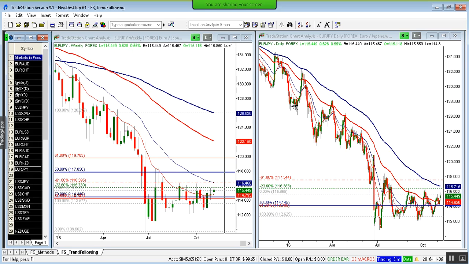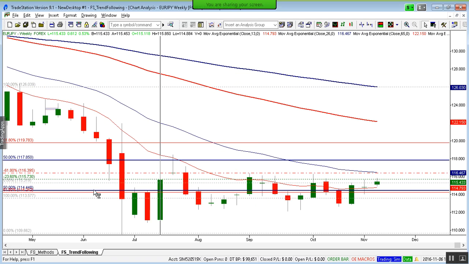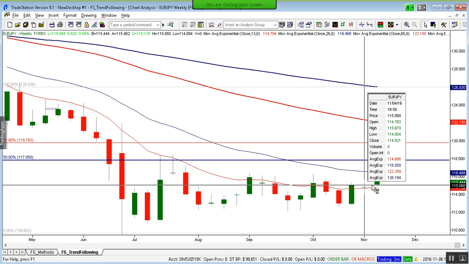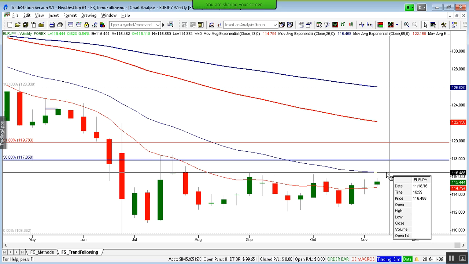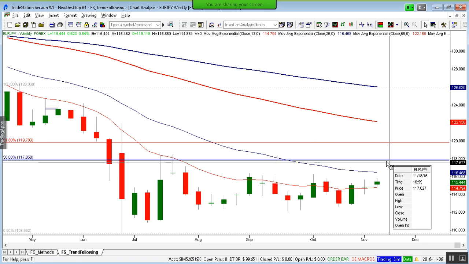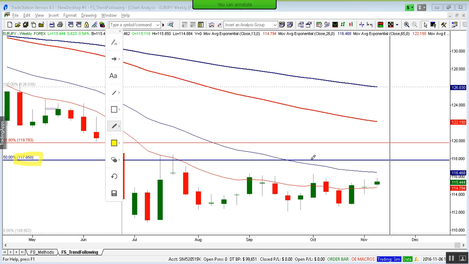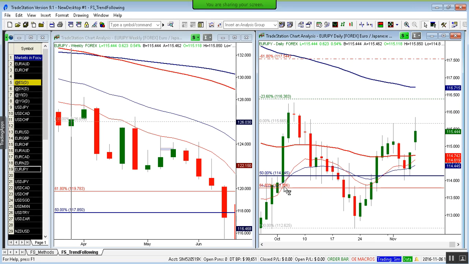Euro Japanese yen, it's actually working out an area of potential resistance here. That possibility that I mentioned during the last few weeks, that this market could be working out this area of dumb money short resistance here, is actually now materializing here, and there is a possibility for this market to reach 116.48 and then potentially also retest, and this would be a second test, and therefore a dangerous test of 117.85.